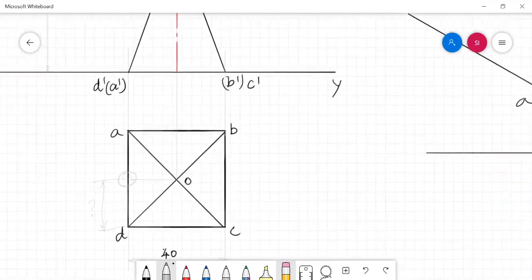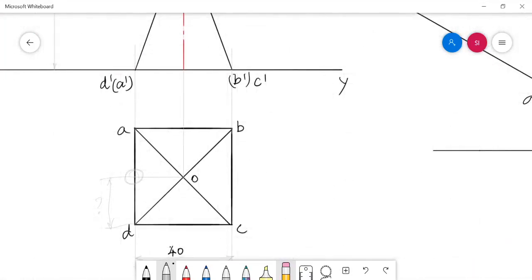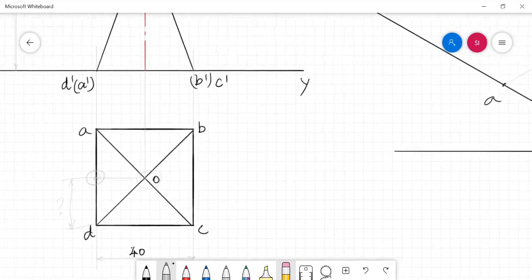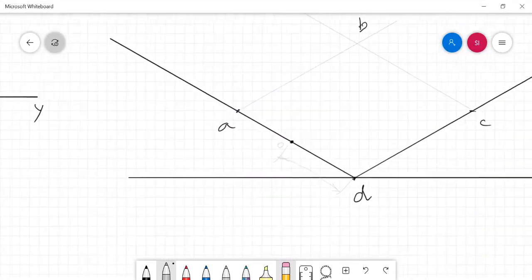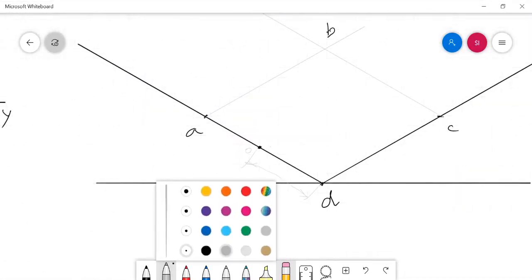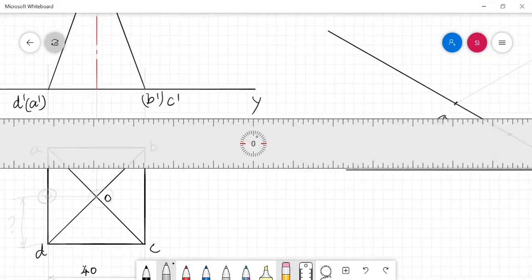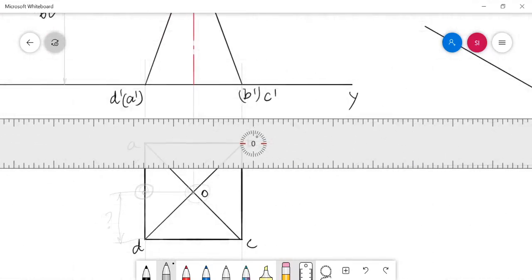After marking the apex point O on the edge AD, I need to relocate it to its actual position. See here, in this case, the actual location of O is this point. So artificially we moved it towards the AD edge, and when you come to relocate it into its original position, you have to bring it back simply by using the drafter. From inside to outside, you moved the point O parallel to DC.